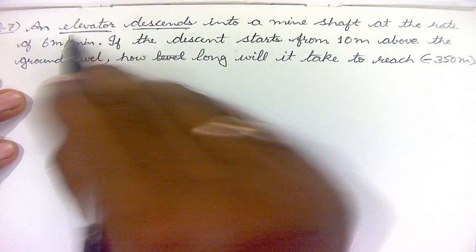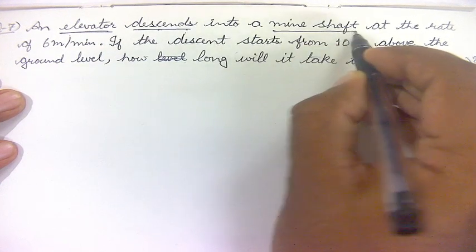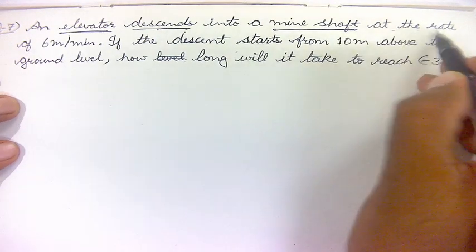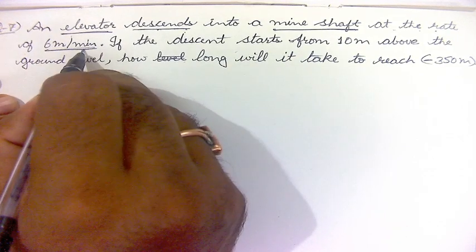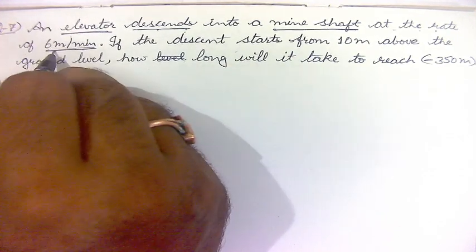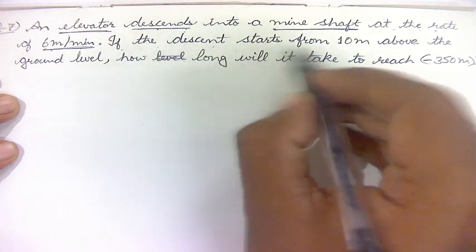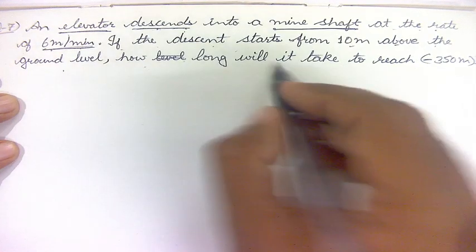So an elevator descends into a mine shaft. There is a mining and it goes down to the mines at the rate of 6 meters per minute. So in 1 minute the elevator goes 6 meters down. If the descent starts from 10 meters above the ground level, how long will it take to reach